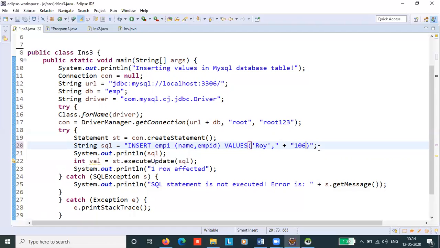I'm trying to add one more employee with the name Roy and the EMP ID 106. Let us try to execute this and see how it works.